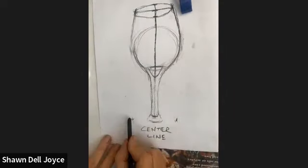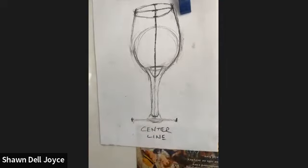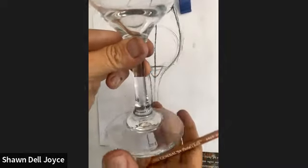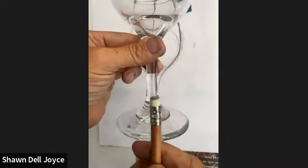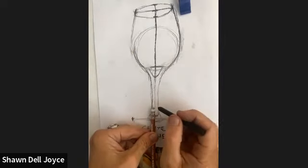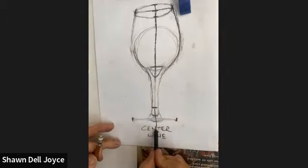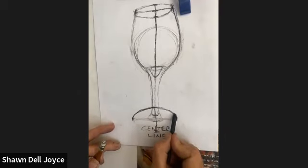So here's the measurement, and I'm going to put a line straight through and then cap it on both ends. And then I'm going to measure the width across. So that's from here to here. Now, again, you can't measure this way or you're in the wrong plane. So to measure it, I'm going to measure this way. I'm holding my pencil. It's a little bit bigger than the ellipse on the top. So I'm bringing this in. This is about the middle. This is about the middle. Connecting that. Now I have all the information I need to sketch the bottom part of the glass,